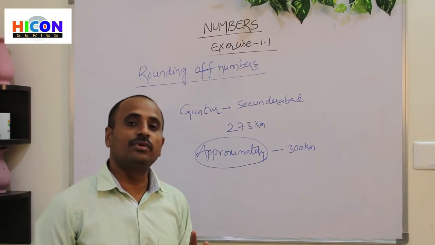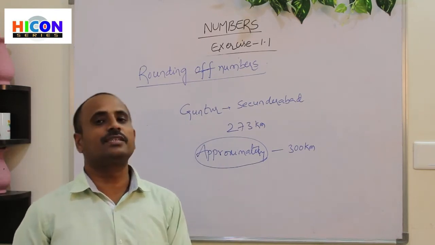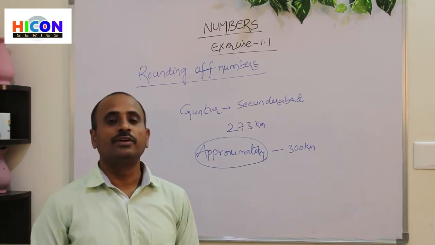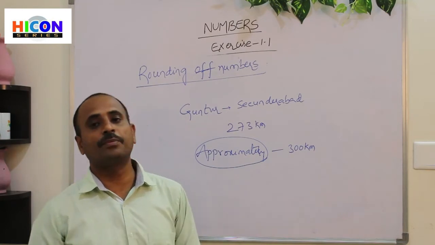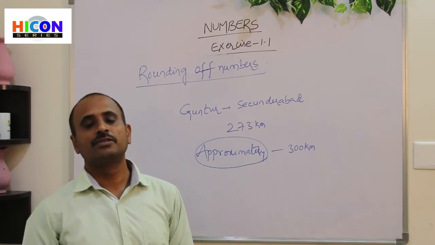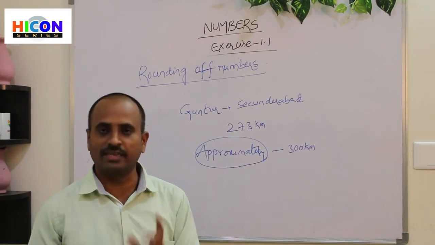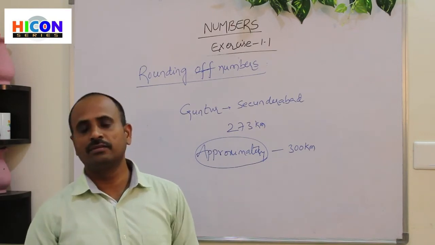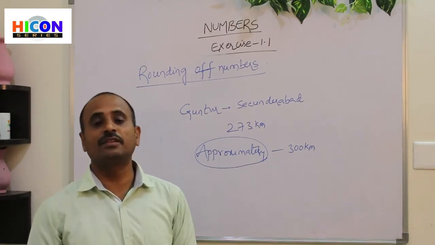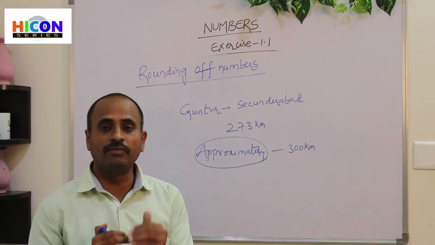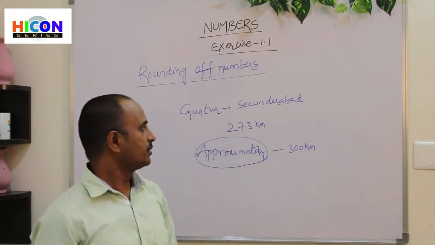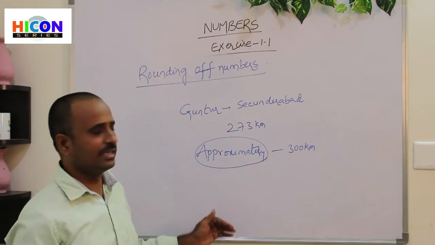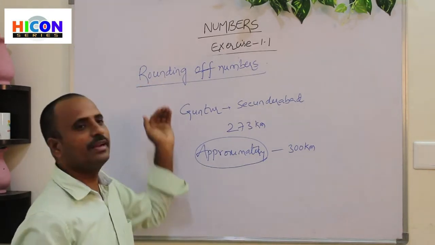Let's see another example. If there are 18 students in a class and you don't remember the actual strength of that class, we can say the strength of the class is approximately 20 students. Here 20 is not the actual strength, but a nearer value to the actual value. That approximation, that nearer value to the actual value, is called rounding off. This concept will be used in different situations, so let us see some problems on how to round off numbers.